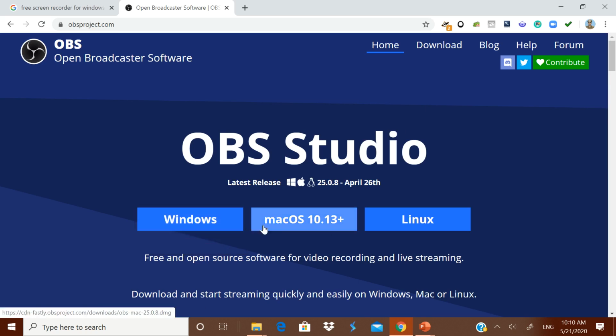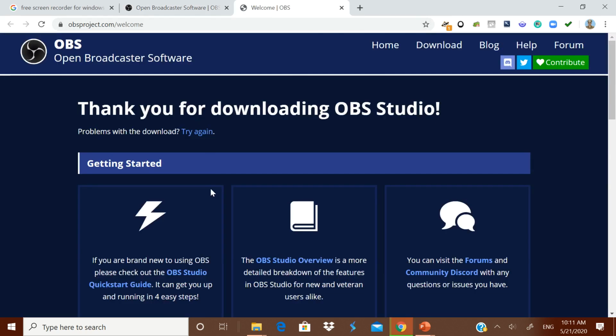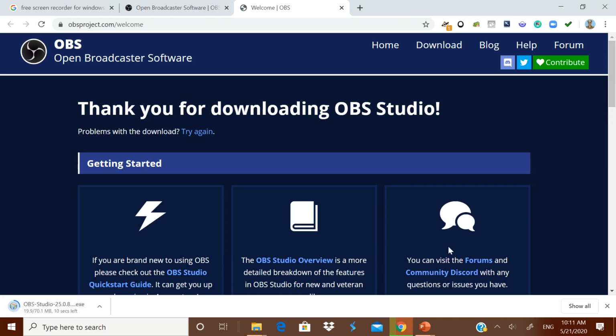It is available for Windows, Mac, and Linux also. After opening the website obsproject.com, otherwise you can type OBS Studio in Google search and it will take you to this website. You click Windows and download the OBS software. Automatically it will download. Remember, there are 2 types of executable files: one for 32-bit, another for 64-bit. Already we discussed it in our first video. You click it and you know how to install it in your computer. It will ask next, and you can load this OBS Studio in your computer.